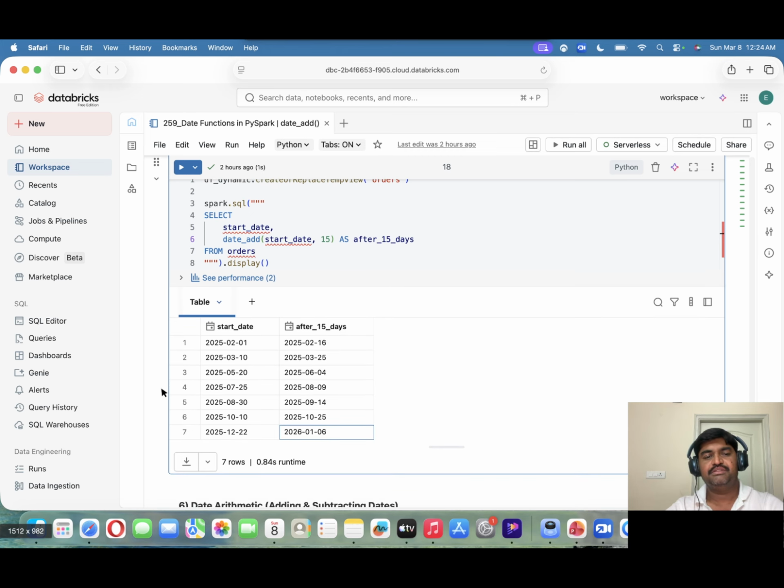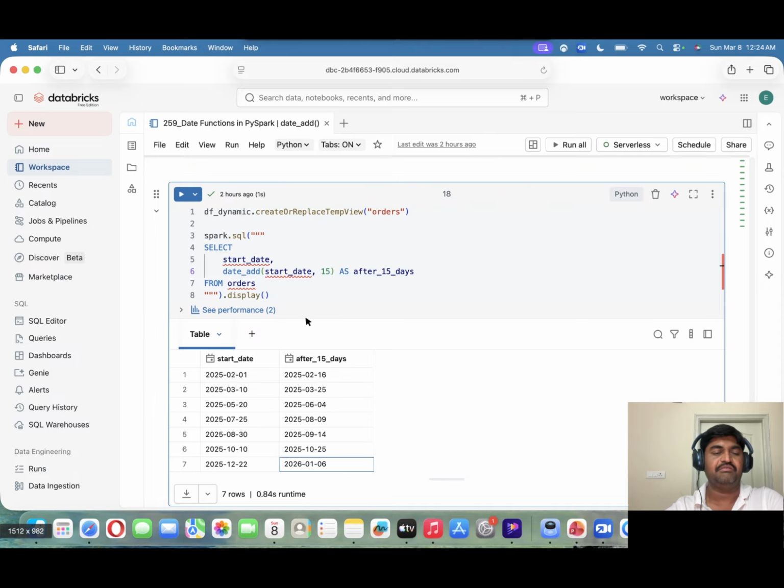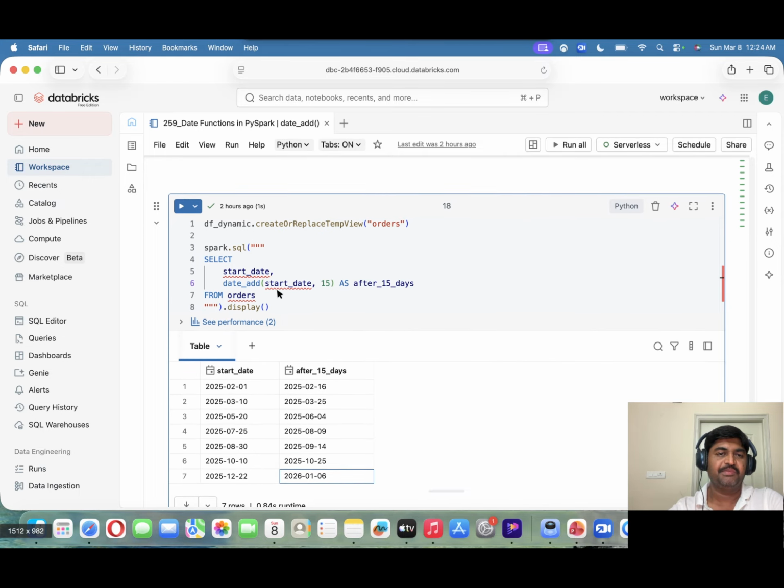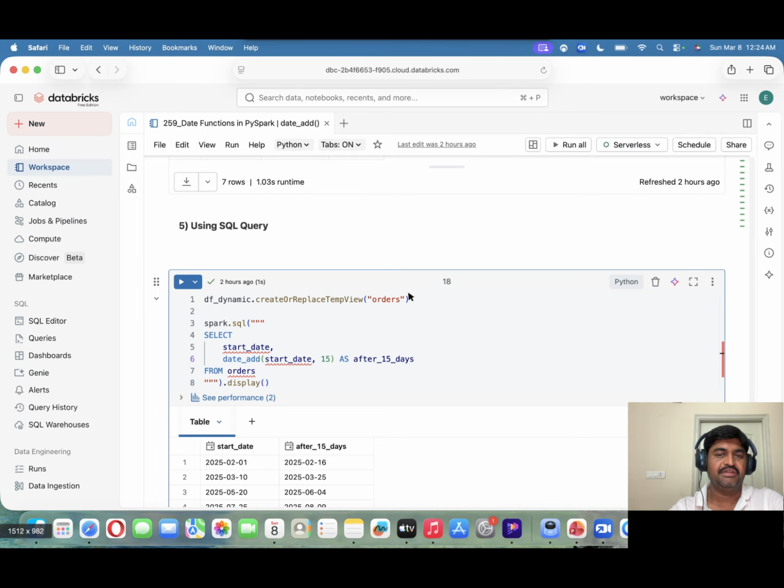So like this, we can use the SQL. So here there are two things we can do. First we can create the view. So here what I did, first I created the view, then I used the spark.sql method. So you can do one more method also. First what you can do is